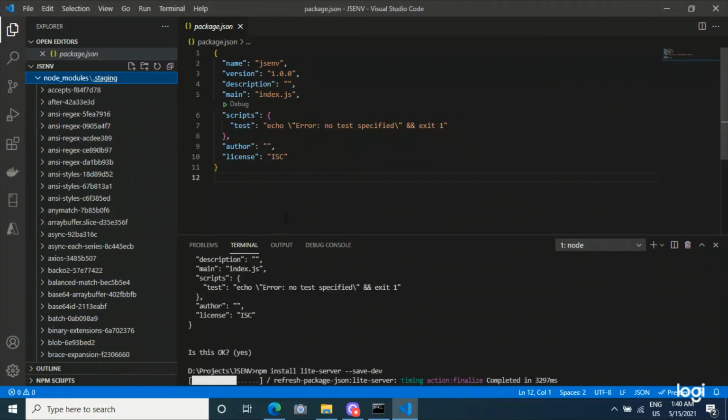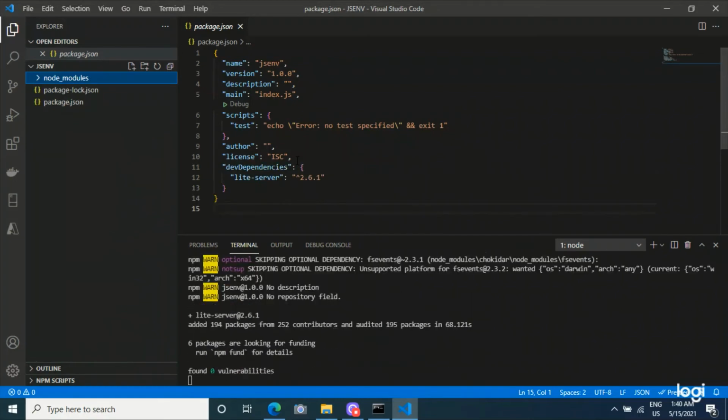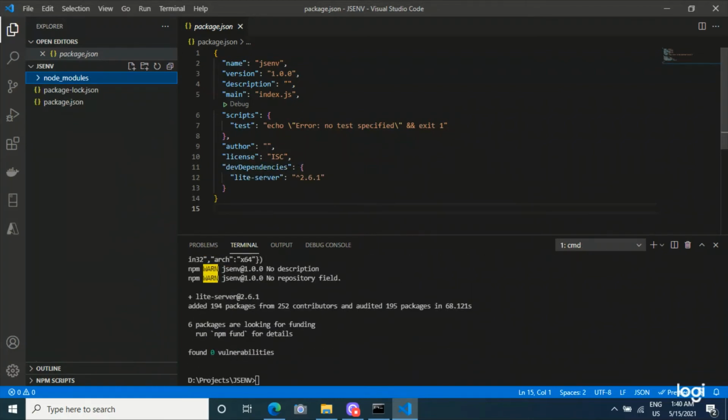Yes, the installation is done and the version details are tracked under package.json under the devDependencies. So now the web server installation is done.